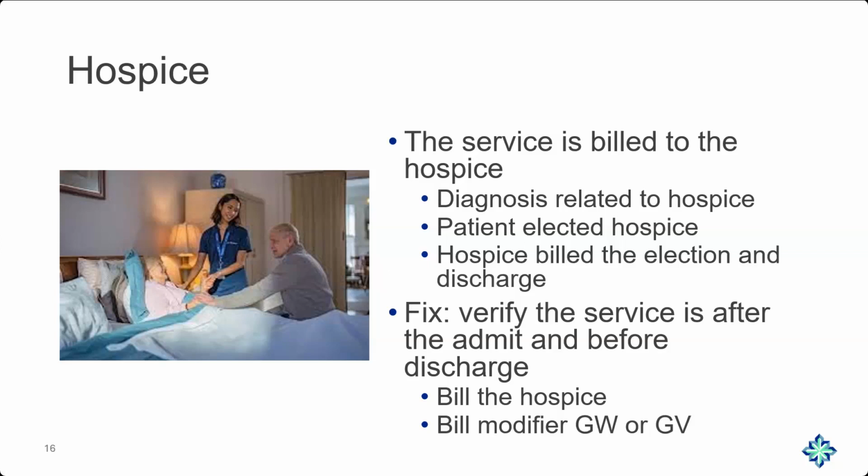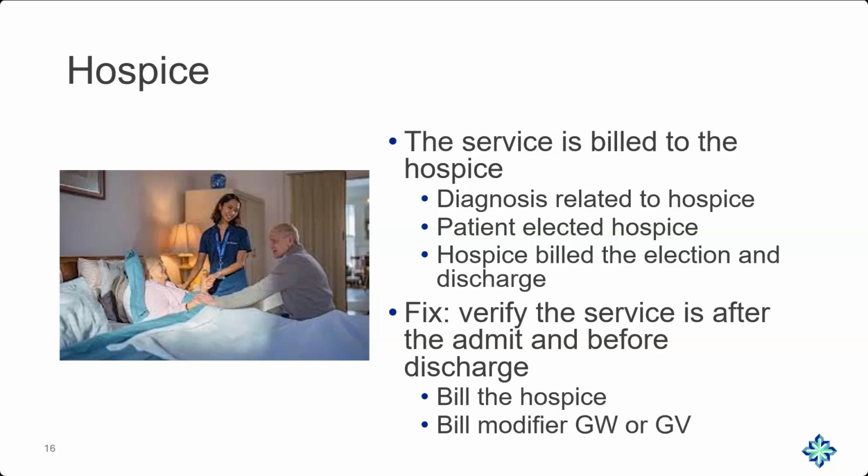07, treatment of a non-terminal condition for a hospice patient. Did you guys catch that? Non-terminal, not related to the hospice condition. So if the patient has elected hospice care, but the provider is not treating that elected condition, I need those to be billed with a 07. If no 07 on the claim, we're going to assume, based on the information you coded to us, it's related.